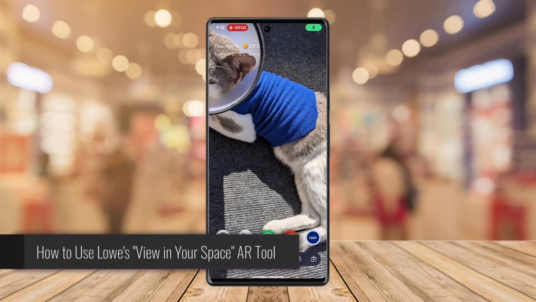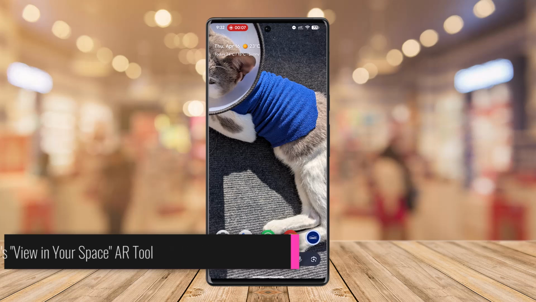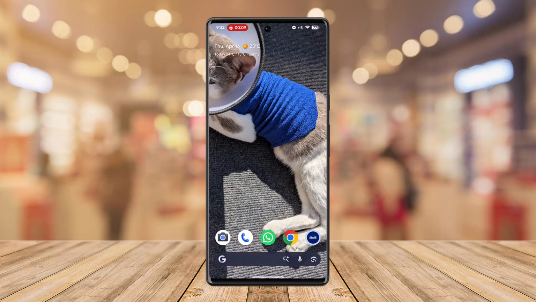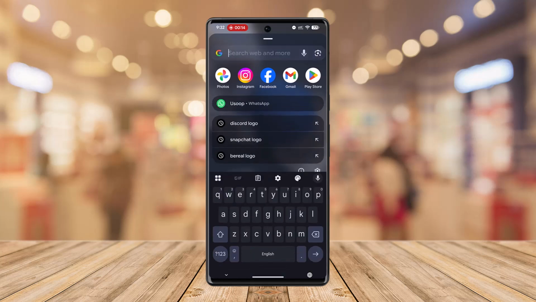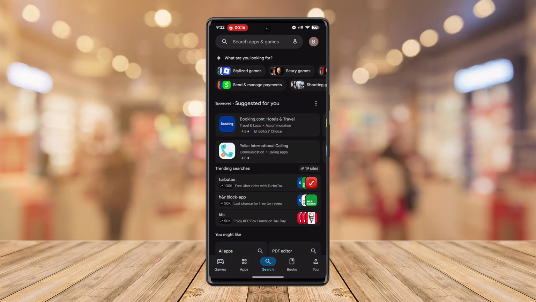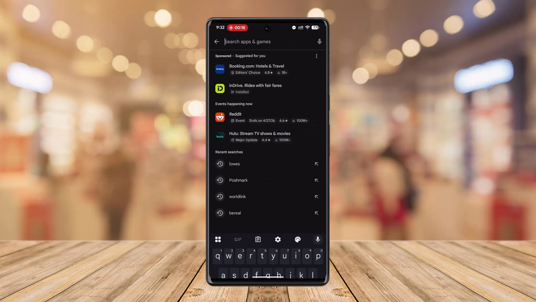How to use Lowe's View in Your Space AR tool. In order to use the View in Your Space AR tool, you must use the Lowe's mobile app on a compatible smartphone. So for that, you could install the app if you haven't. Just go to your app store, type in Lowe's on the search bar, and make sure to install the app